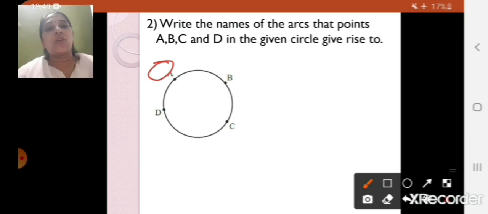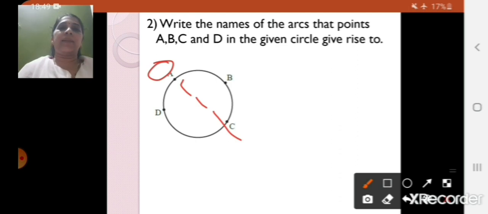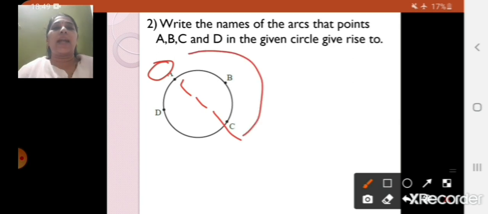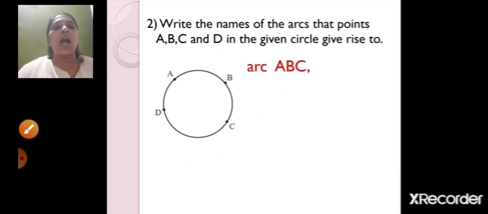For your understanding, I will make an arc from A to C, from the point A to C. So your first arc will be ABC and your second arc will be ADC. First this way clockwise and then from the bottom. Your first arc will be ABC and your second arc will be ADC. So let's write it down, arc ABC and arc ADC. So we have finished with point A.